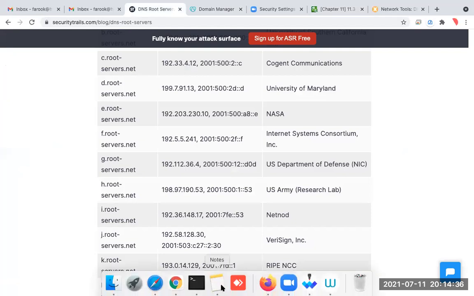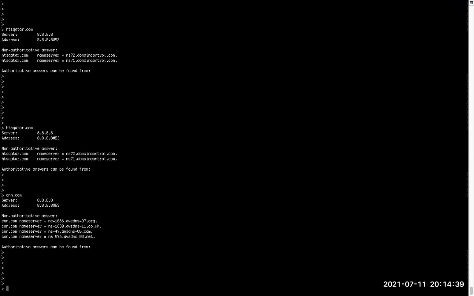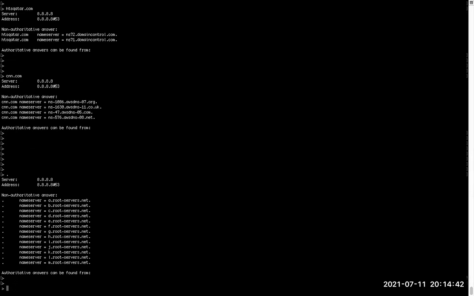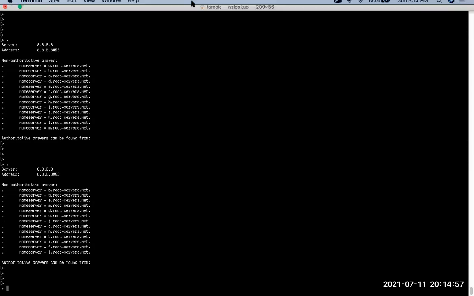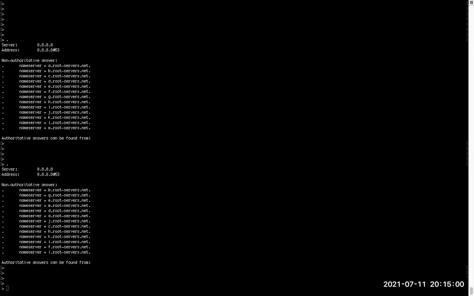Maybe you know, if you want to see the root server for NS lookup, just type a dot there and press enter on NS lookup. You see that? Yes, we can see from A to G. Yes, you are seeing it. These are the main internet servers. I mean, everything is there. If the servers are down, internet is down.